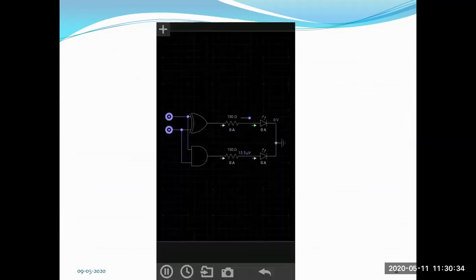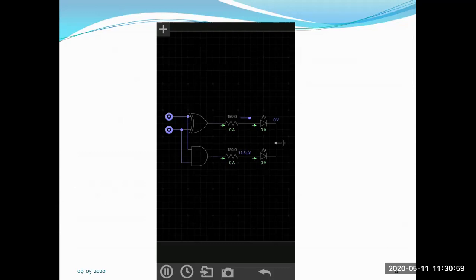So this is the implementation of a half adder circuit in Every Circuit app. We are going to see it later. This is the screenshot. So now we have a 0-0 combination. We have an XOR gate and an AND gate connected to 150 ohm resistors, and it is connected to LED and ground connection.